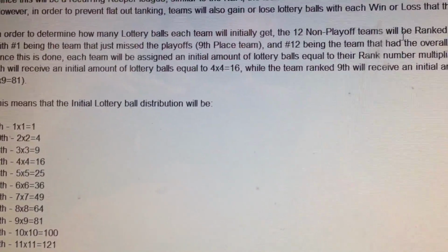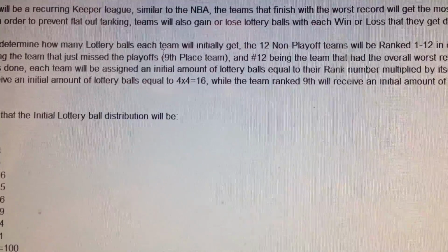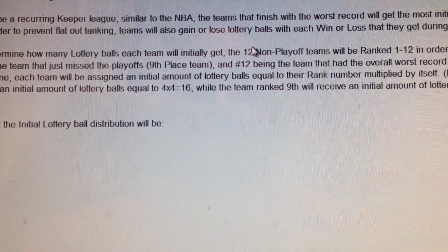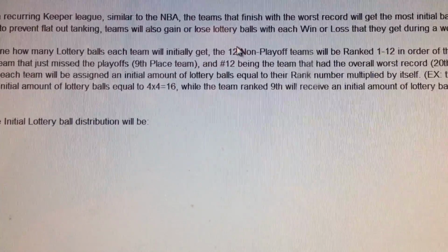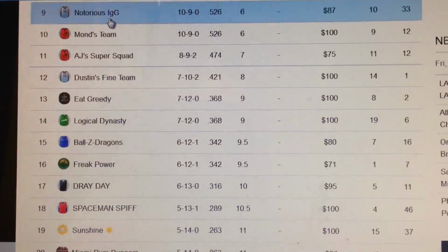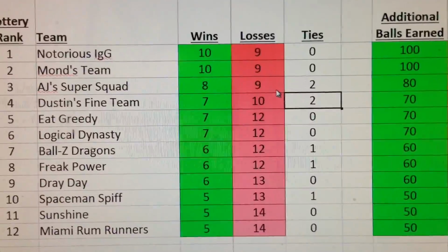You guys can see, it's going to be the non-playoff teams, which is basically starting from 9th place all the way to 20th place. The way it's going to work is that the 12 non-playoff teams will be ranked in order of the final standings, with number 1 being the team that just missed the playoffs and number 12 being the 20th place team. So if we look at what that means in our league, Notorious IGG would be ranked number 1. Miami Rum Runners would be ranked number 12. And I actually put it onto a spreadsheet